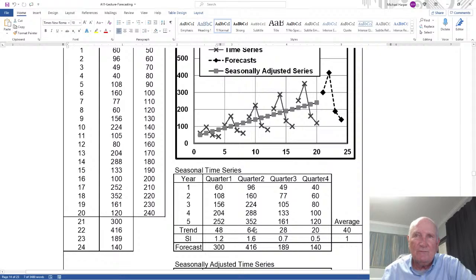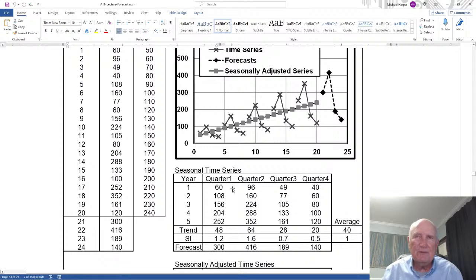Here it's 64. Here it's 28. Here it's 20. Why does it change? Because of seasonality. Because of the seasonal indexes. Because the first quarter of every year, that slope is not as great as the second quarter of every year. See it going up? And the fourth quarter of every year is even less. So the seasonal indexes will change the slope or the trend